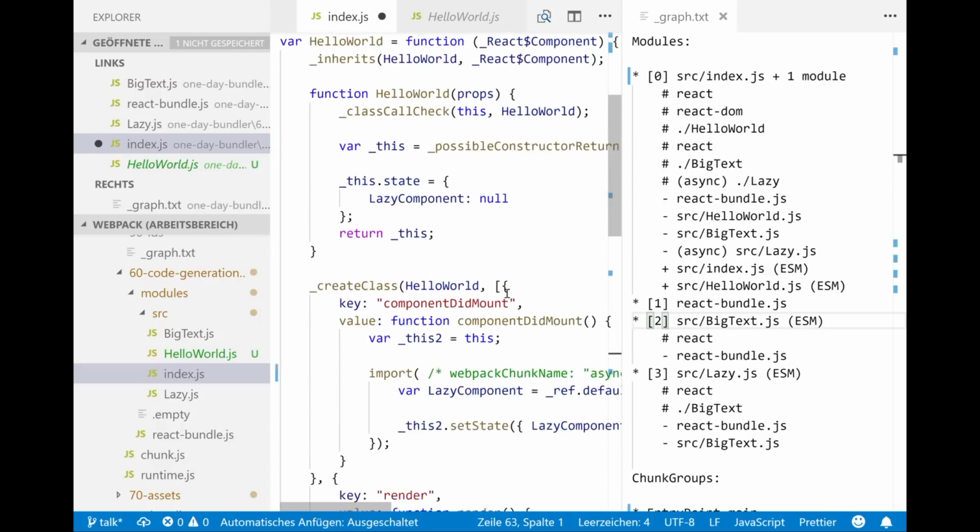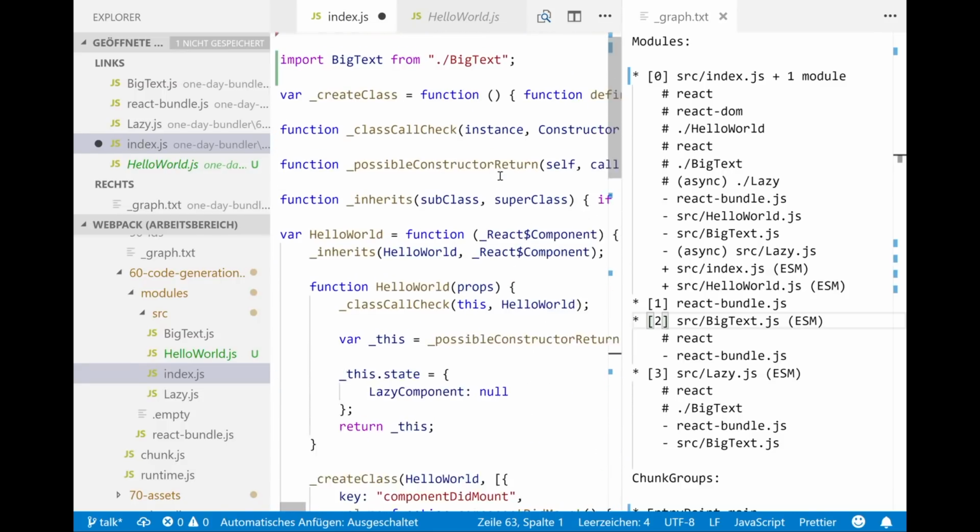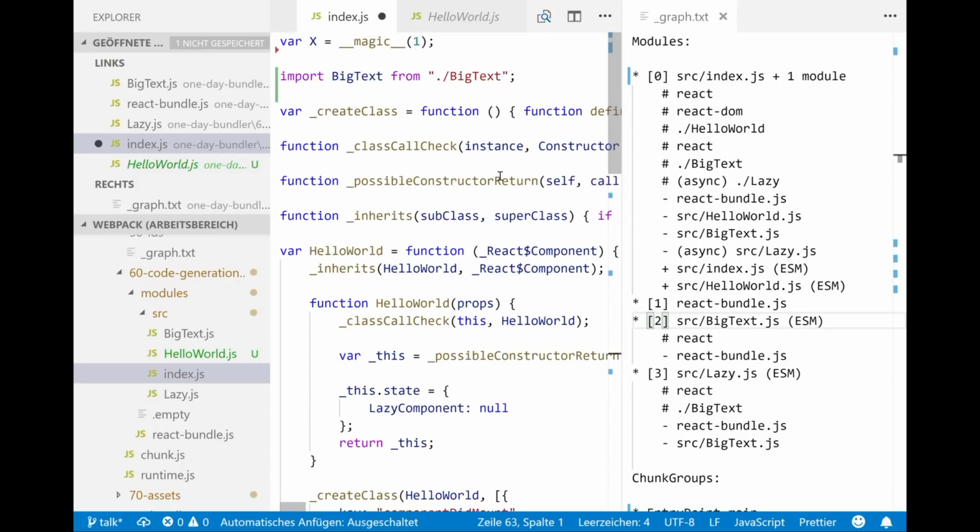Yeah. And now what's the component? Did you miss something? Oh, big text. Big text is why magic. Big text is 2. So where's big text? Is y.default. Default. And we remove this line.